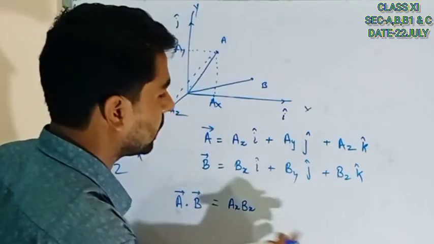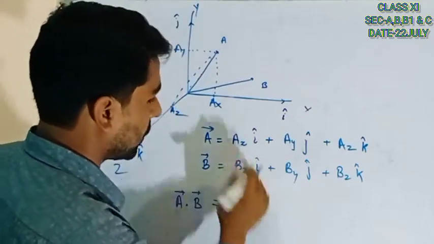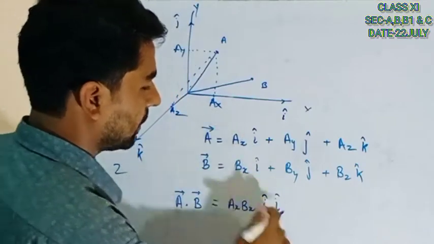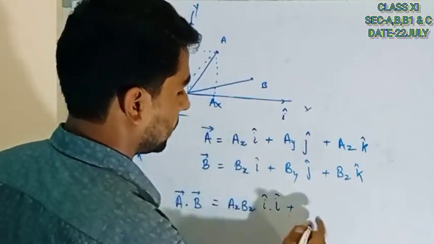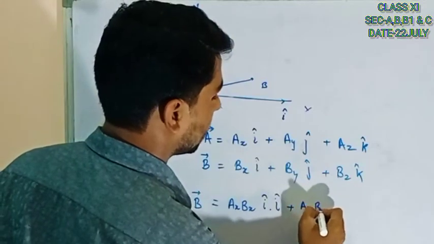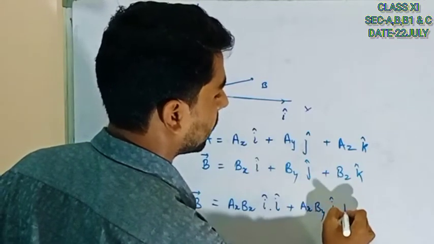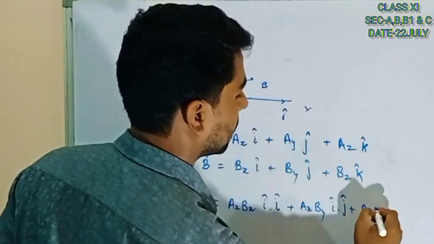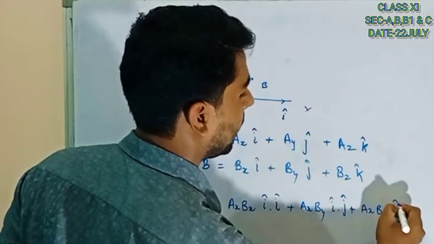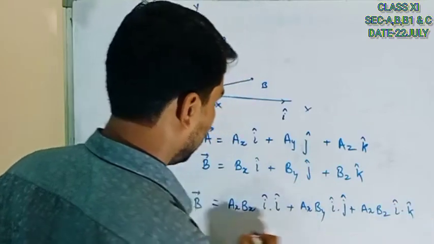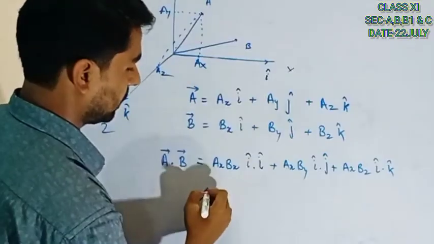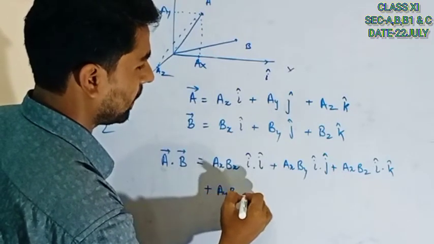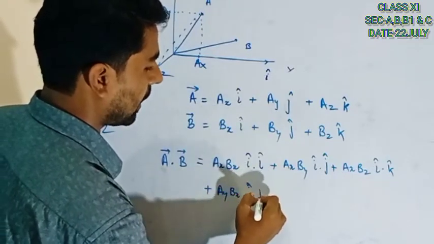These are magnitude, nothing to show. The dot vector is here. So i dot i, multiplying with this, plus now this one with this: ax by i dot j plus ax bz i dot k. These 3 are done. Now about this: plus ay with bx, ay bx j dot i,